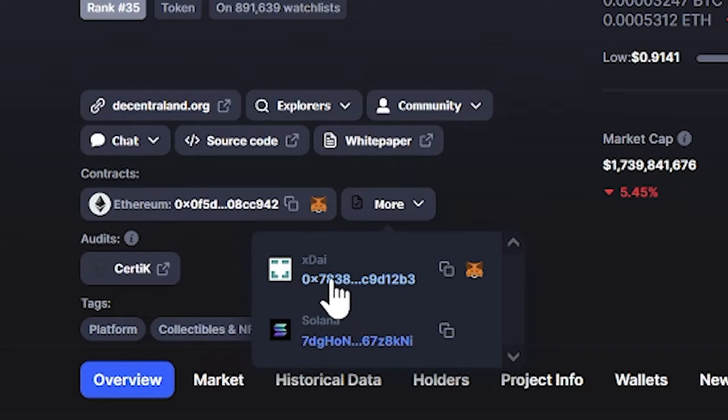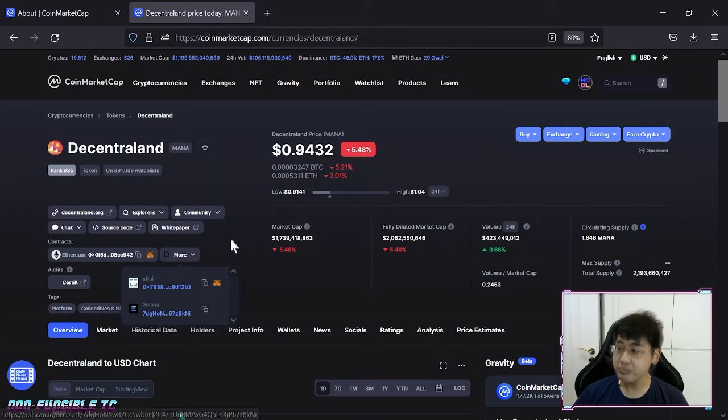So it is actually at the XDAI chain. It is actually on Solana as well, right? So if you want to see your balances on those chains, you'll have to copy this contract and then import it in those respective wallets, right? The specific details I can show you in another video about MetaMask, but this one I just want to share